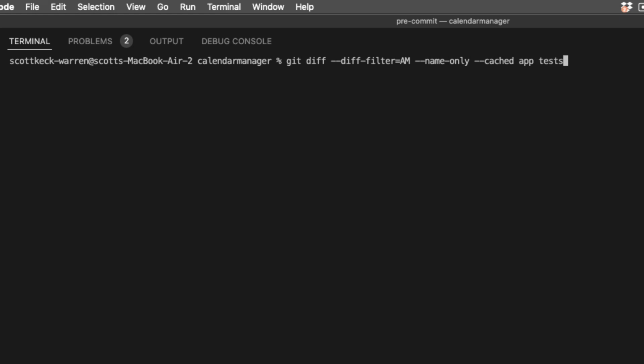So we will get just the changes in our app and tests directory, which is what we're mostly interested in, and then we're going to pipe that to grep with .php$. So we get just our PHP files. And so when we run that, we see that we get just our app user file, which we staged earlier